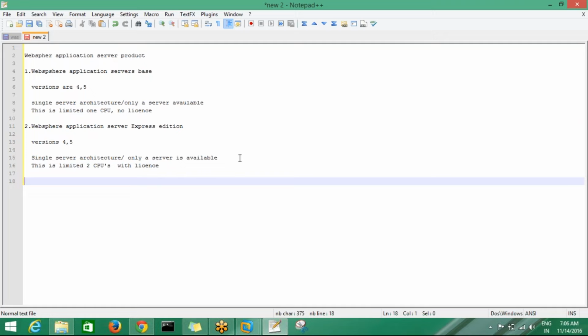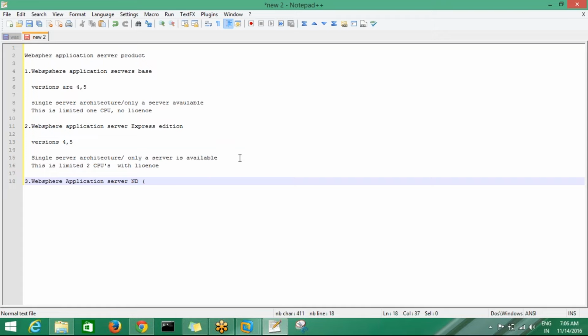The next release is network deployment server, ND.